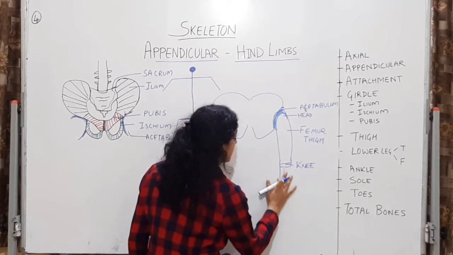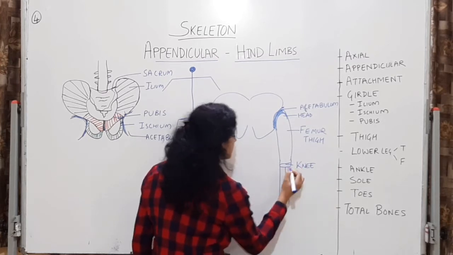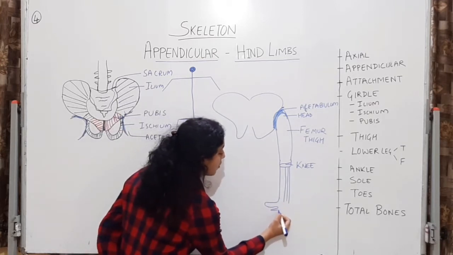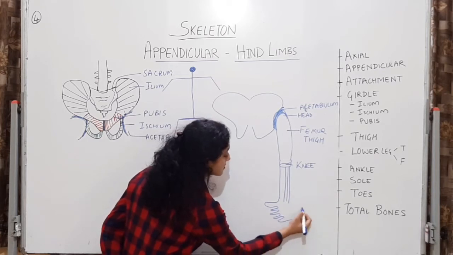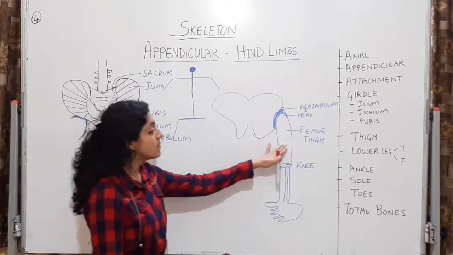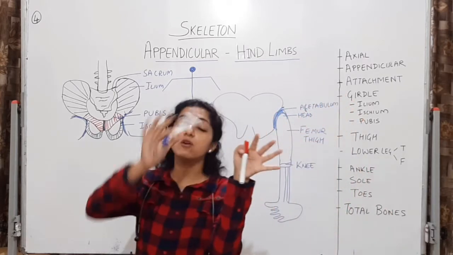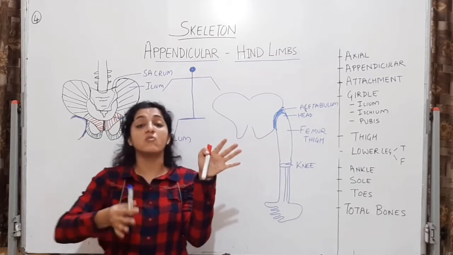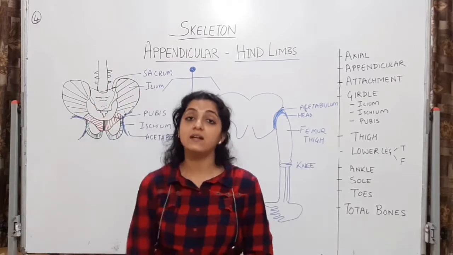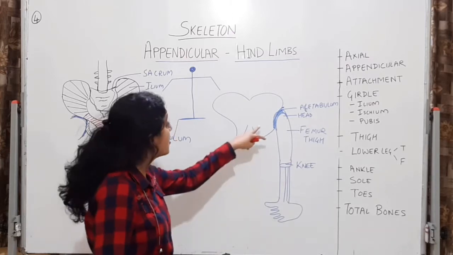Again, one is going to be a stronger bone and the other one is going to be a thinner one. And then here you will have your big toe and all your fingers to form the foot. Alright. So femur is the bone which is going to attach to the acetabulum cavity. Again, ball and socket joint. It's going to be a multi-axial joint. It's going to provide movements in all the planes. This is what again you have to remember. As you can rotate your hand in all the planes, you can rotate your leg also in all the planes. It's a multi-axial joint. It's a ball and socket joint.